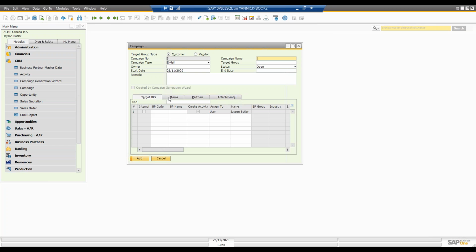You select your customer, you select your item, the partner, target VPs could have partners. You can bring attachment. As I said, the price list would be useful if it's on PDF and other format, can be attached to your campaign. And there's some template also that exists in SAP. You can create your own, but template like it will automatically